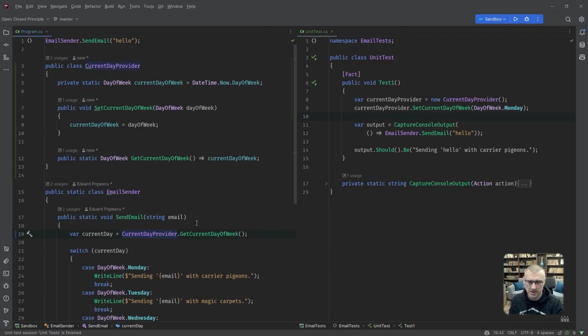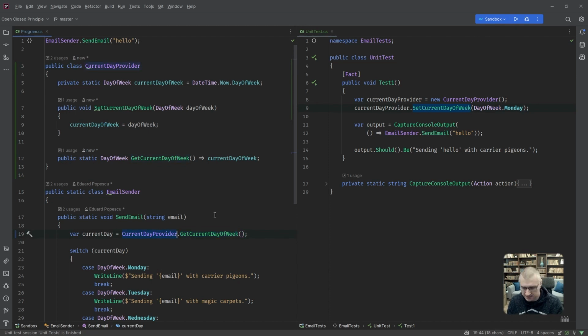What I want to do is, just like we did, we changed the non-staticness of the current day provider class, and in order to use the set method, now we also want to change the get method, and because of this, it's going to force us to make this whole thing non-static.